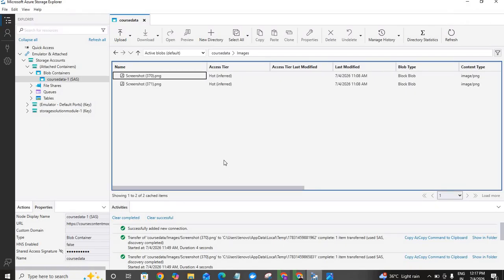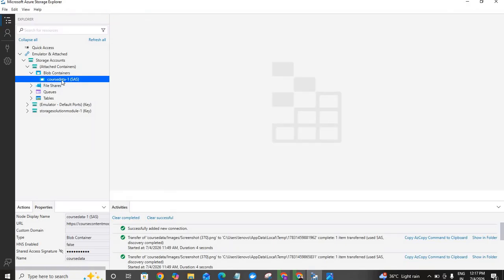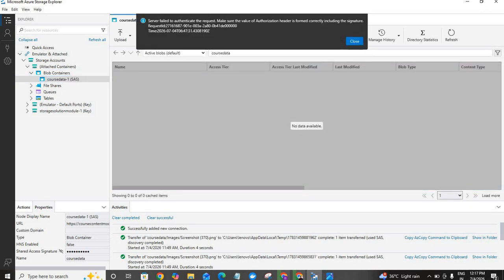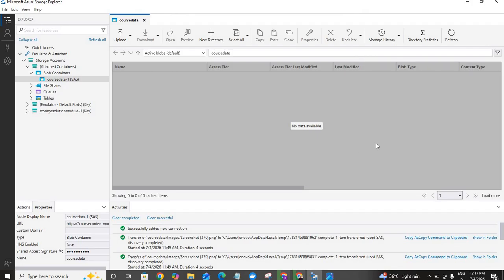Now if you try to access this, then you are not able to do that. So this is a benefit of these stored shared policies. Okay,